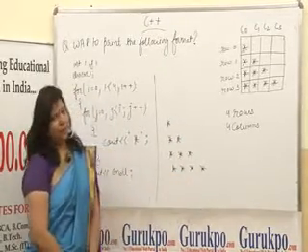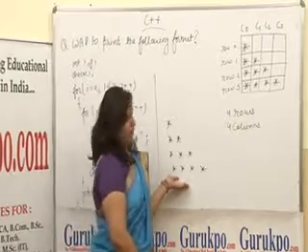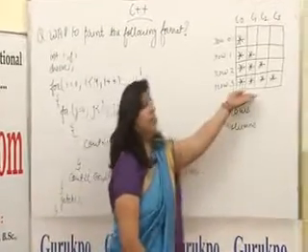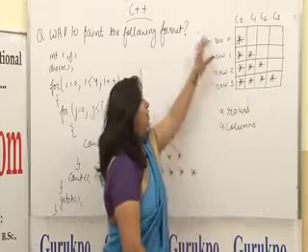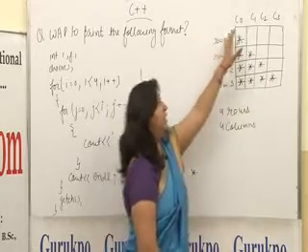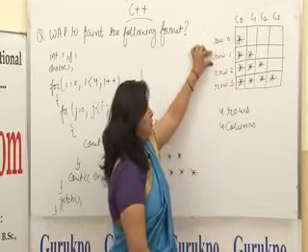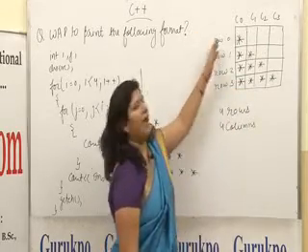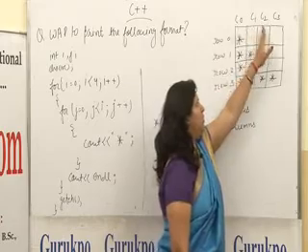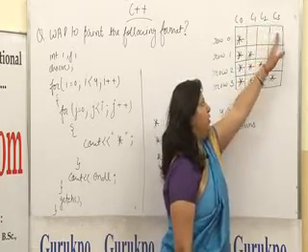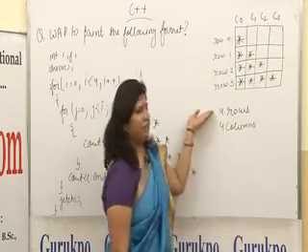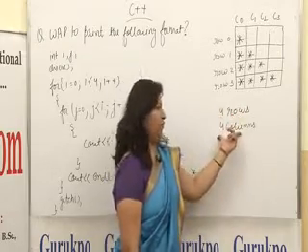First of all, for our convenience, we will convert this format into a tabular format so that we can find out the total number of rows and the total number of columns. As you can see, in this format we have row 0, row 1, row 2 and row 3, and in the columns we have column 0, column 1, column 2 and column 3. So we can conclude that there are 4 rows and 4 columns.